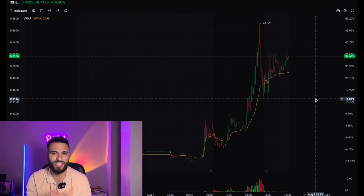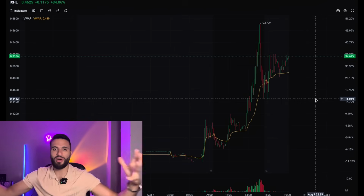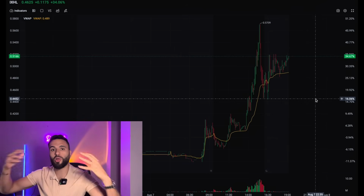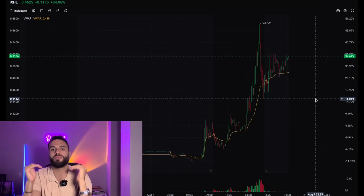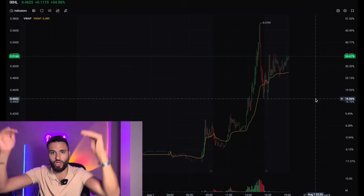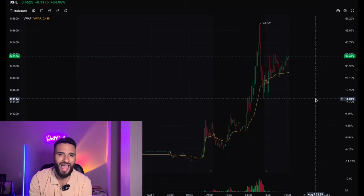Does that kind of make sense what I'm trying to say? So what you're doing is lowering your average by accumulating more, by closing some of your position at its swing highs, and then using those funds to buy back at a cheaper level. So you're lowering your average. Your goal should be to get your average below 50 cents. That should be your goal. And remember what I said, you're only going to close out a quarter of your position at these levels because